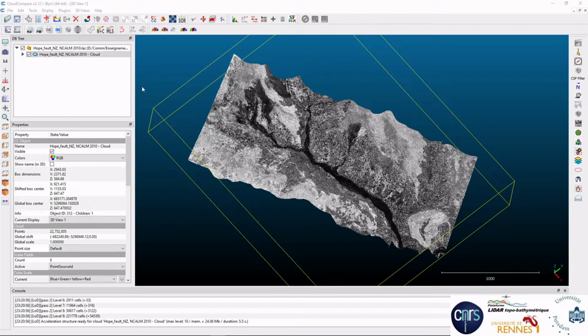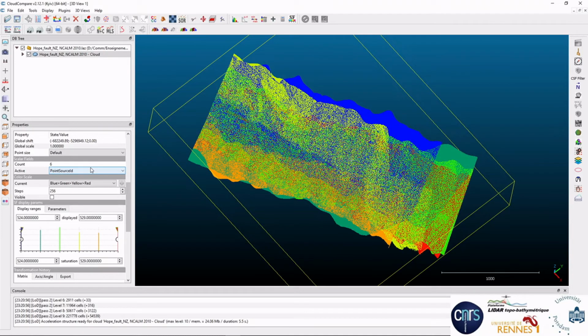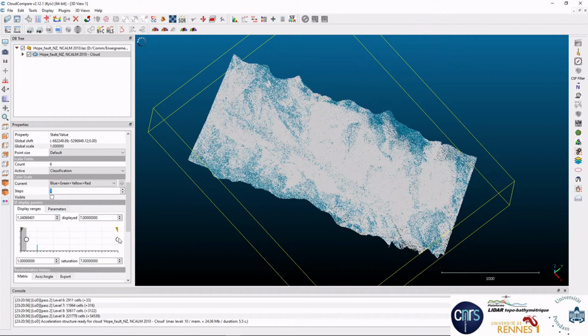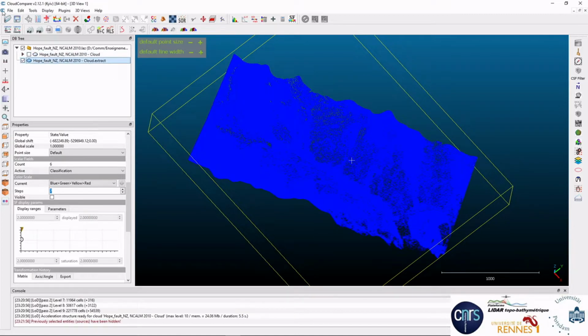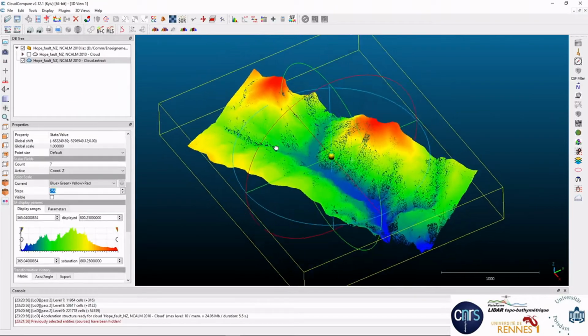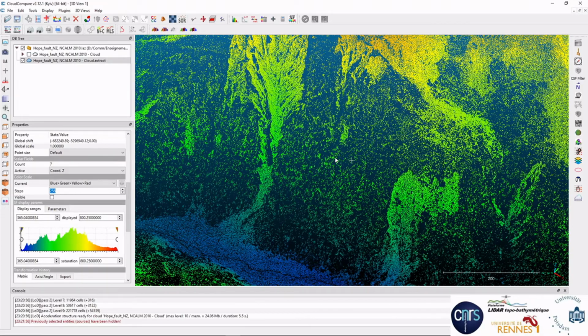So back with the MatPace data, I'm first going to select the ground points from the classification in order to construct a DEM from the ground points. To do that, I'm going to classification, I'm selecting only the ground points, like this, and I'm exporting the data. So here are the ground points with the Z coordinate. You see that under the vegetation they are quite sparse.